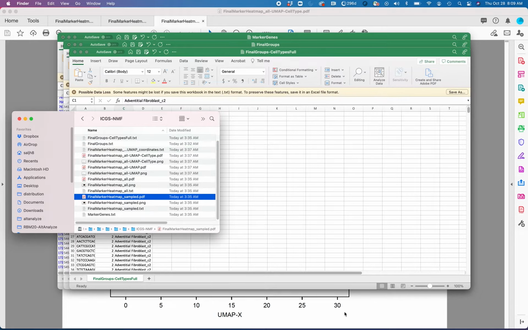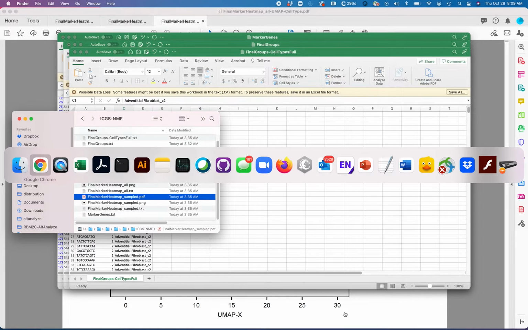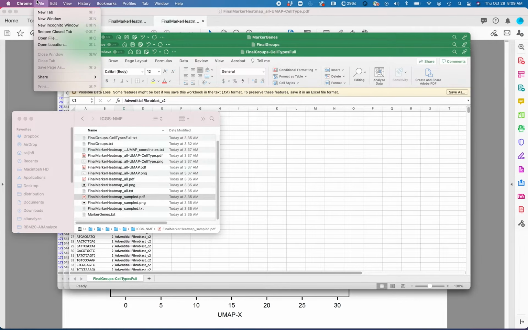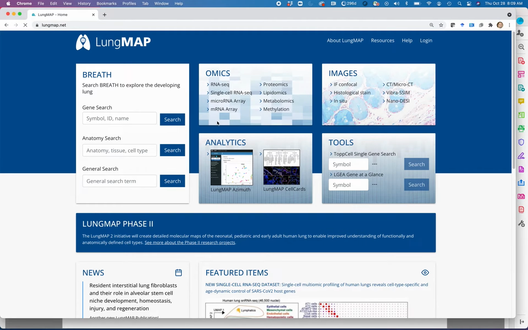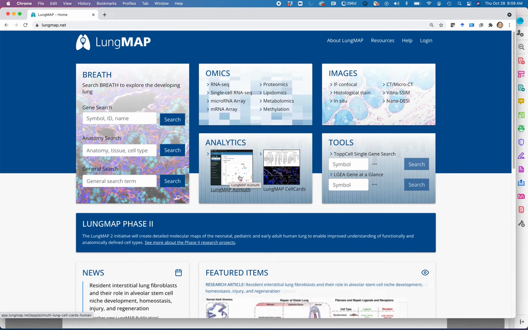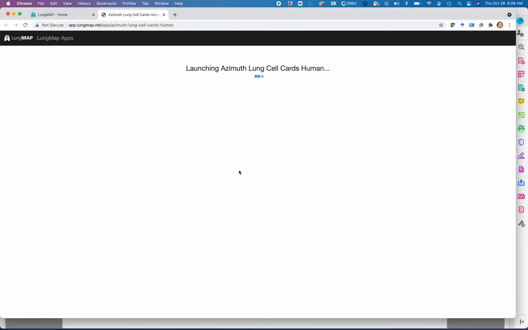To see how the results that we obtain with software ICGS match up to those from another program, we can load the same H5 file into an online website that performs supervised classification of single-cell datasets against previously established references. One such tool is Azimuth, which we're now going to go to. So we open up a web browser, open a new window. In this case, we're going to go to the lungmap.net website, which hosts its own version of Azimuth with a lung reference. So by selecting the LungMap Azimuth link, it will open this